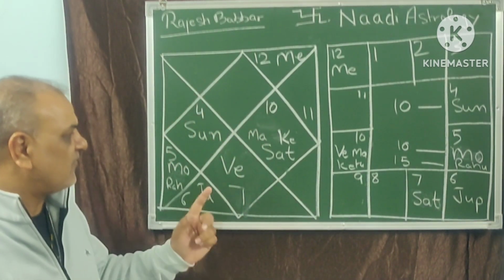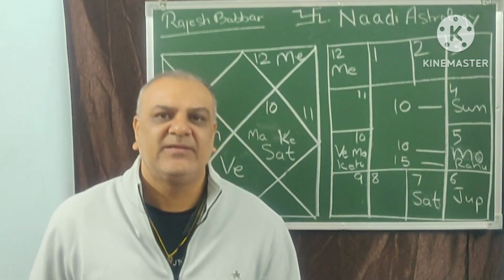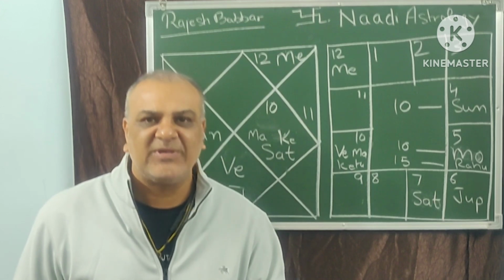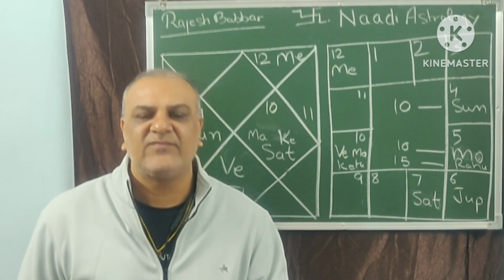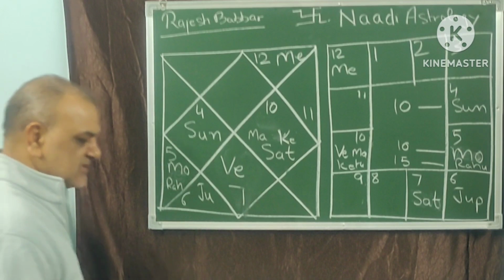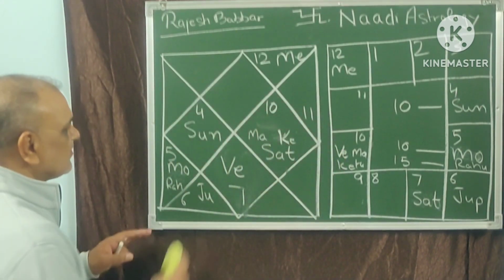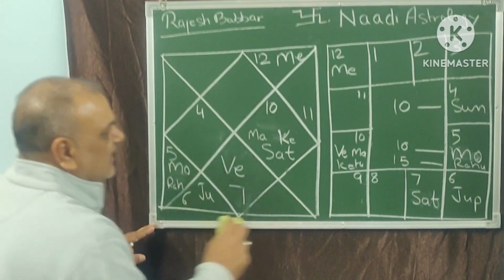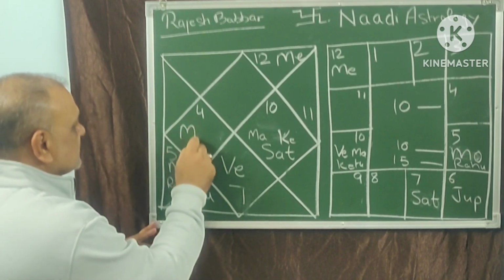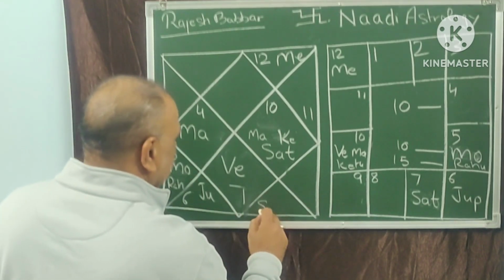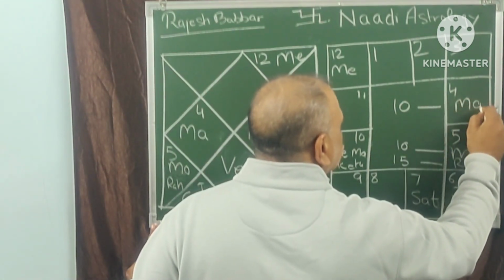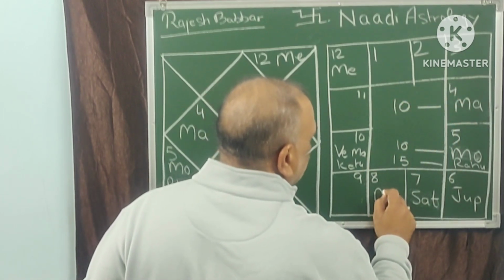Now next, when two planets are debilitated and they have Rashi Parivartana, both the planets' debilitation gets cancelled and they give results like a Raj Yoga planet. So which are these two planets? Yes, only two planets can form this yoga. That is, I will write it here. If Mars is placed in Cancer, Moon is placed in Scorpio, Mars and Moon.